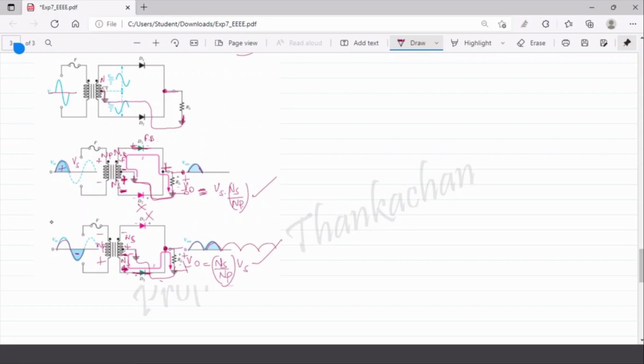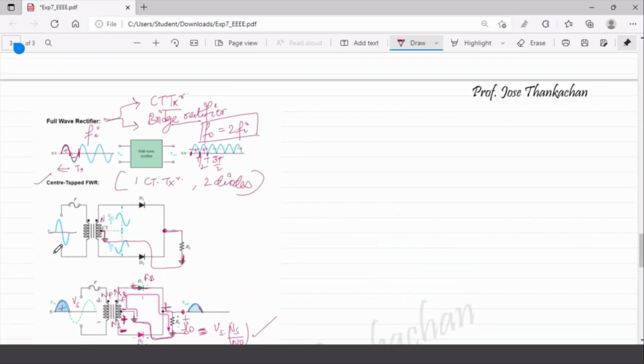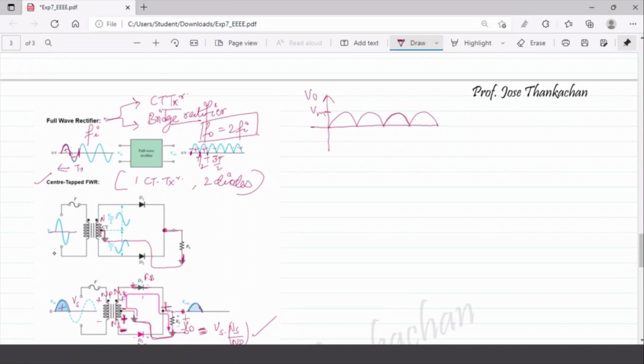So this is how the center tap transformer actually works and converts your alternating signal into a DC quantity, a pulsating DC quantity. Now similarly here also this waveform will have some average value as well as RMS value. So this is the waveform which you have. All are having the same peak. So this is Vm, the output voltage, and this is the x-axis which is omega t.